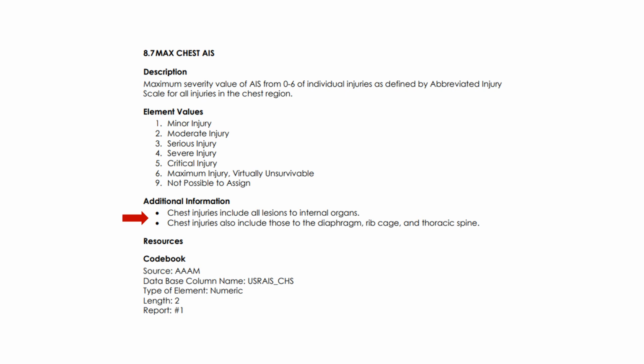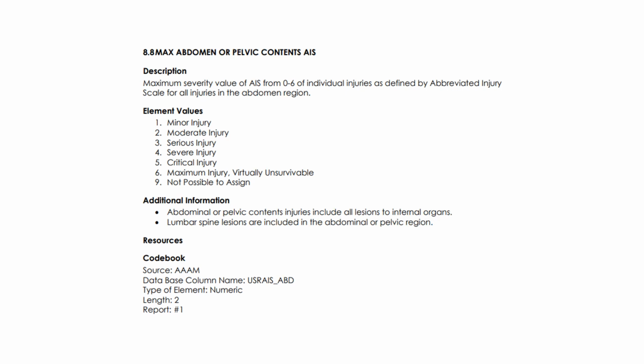and thoracic spinal cord. Max Abdominal AIS refers to the maximum severity value of AIS for all injuries assigned to the abdominal or pelvic contents body region. Abdominal injuries include all injuries to internal abdominal or pelvic organs, named abdominal vessels, lumbar spine, and lumbar spinal cord